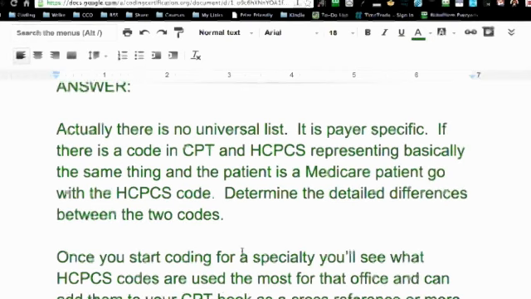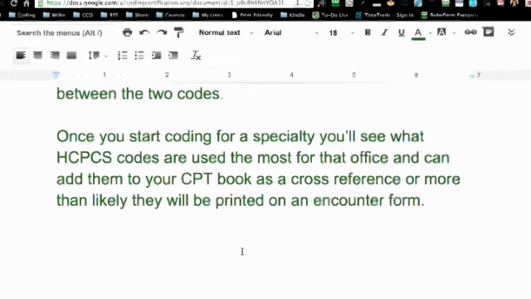So basically, once you get into a job working for an office or whatever, and you're in a particular specialty, you'll start to see what HCPCS codes are used for most of the procedures done in that office. And then you can make a note in your CPT manual. But more than likely, you're going to have some sort of super bill or an encounter form that you're going to be working off of that will have the CPT code and the HCPCS code,